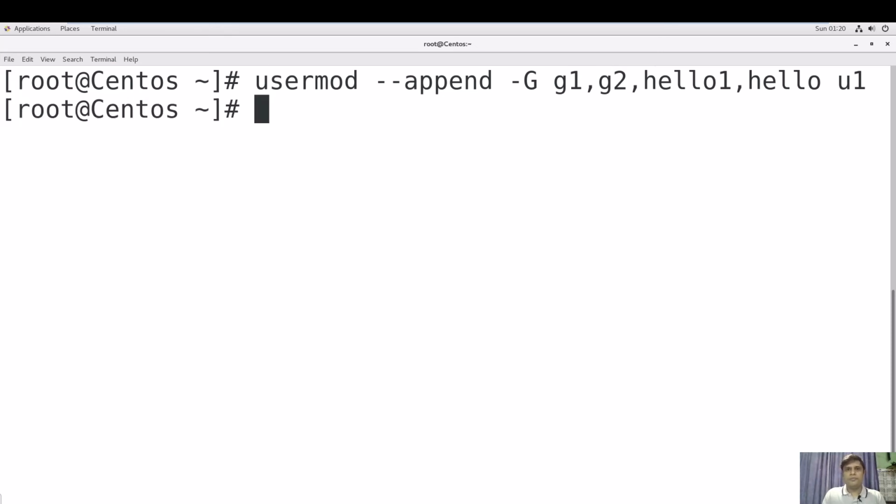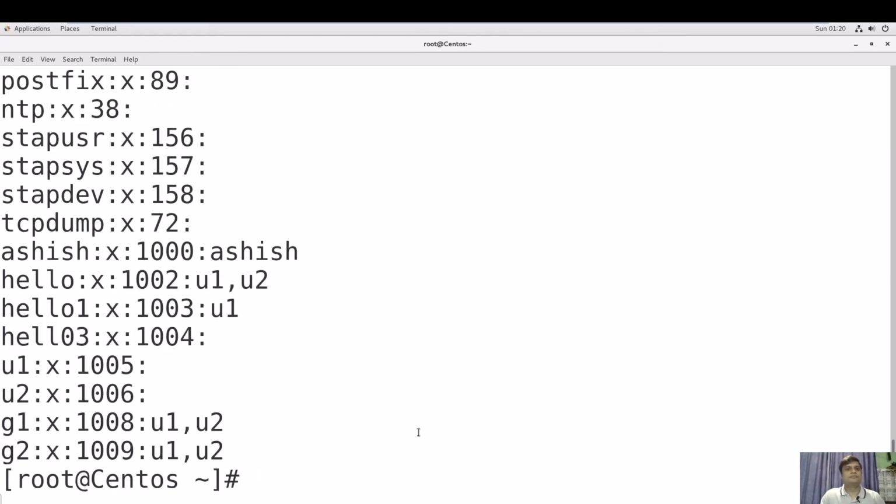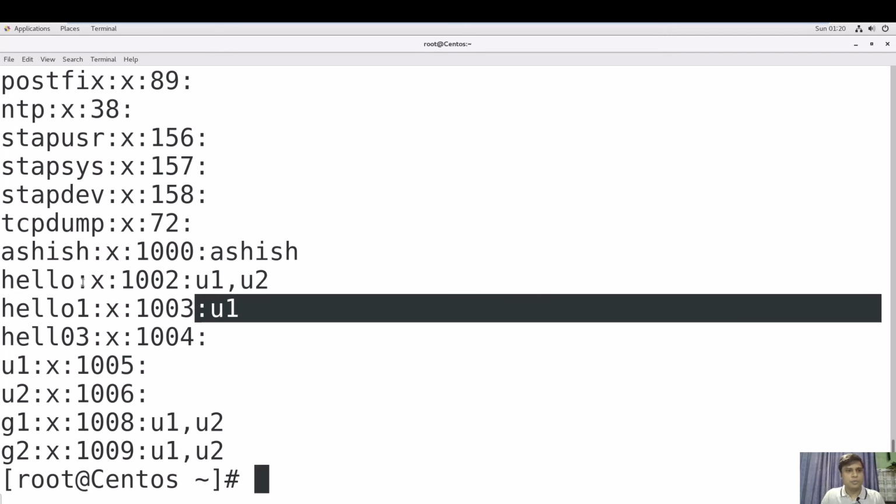Now you can see hello, right? Hello1, this is a group in which U1 is added. I have shown you how a single user can be added in multiple groups, how multiple users can be added in multiple groups. This is very important for a system administrator, right?